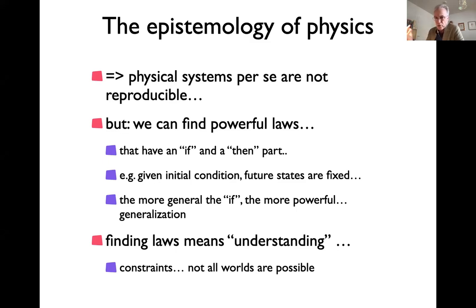It's not actually always unique in which direction you can do that. Very commonly, we think of time, that you take an initial condition and predict the future, but you could just as well take the future and predict the past if you want, logically predict it, not temporally. And we sort of have a scale of laws of that nature, where those laws where there's a very general if clause, so that covers a lot of different cases, then that's a very powerful generalization. And then we call that really understanding. That is something deep. If the if is very, very special, then we don't think of it as so powerful.